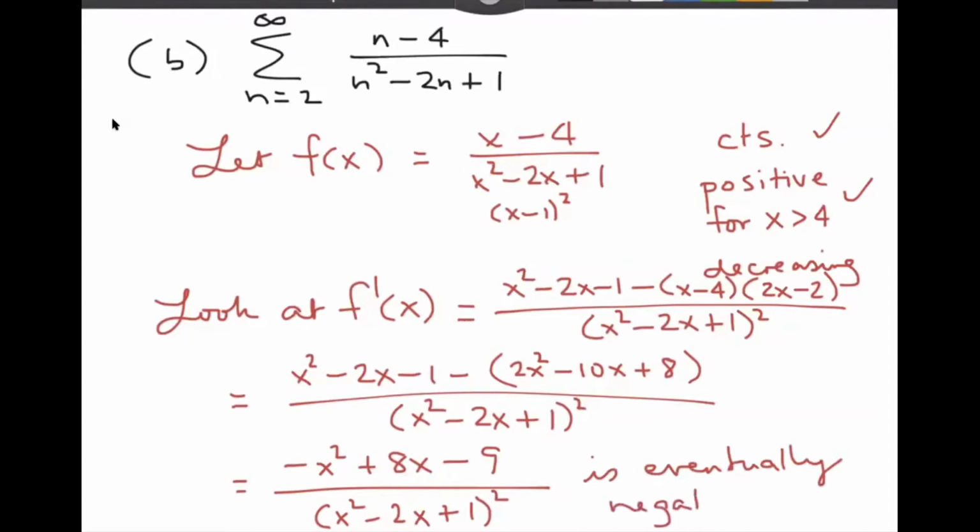Because at some point that negative x squared is going to overpower the rest of the numerator, plus 8x minus 9. Okay, so as long as it's eventually negative, that means that the function is eventually decreasing, and that's good enough. Okay, all right, so we have shown that the series in question is going to have the same behavior